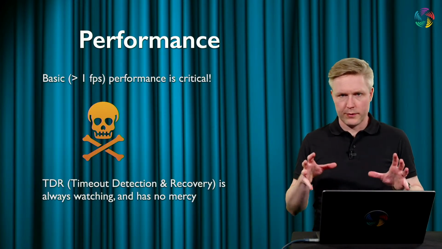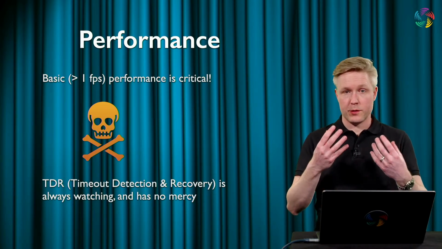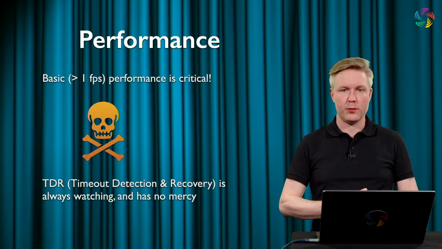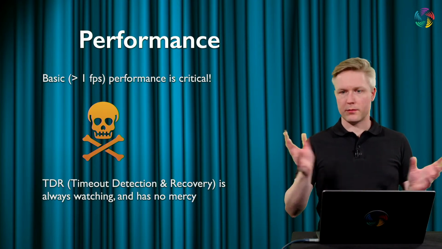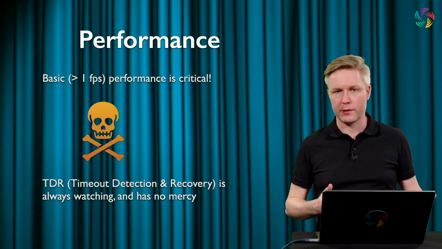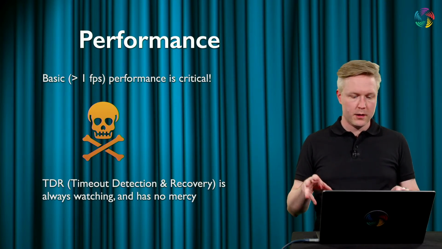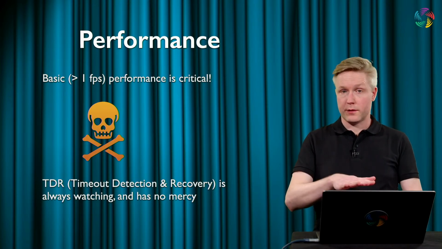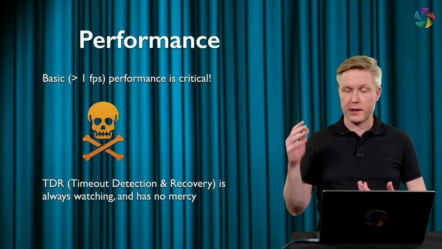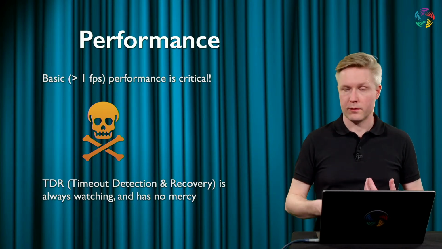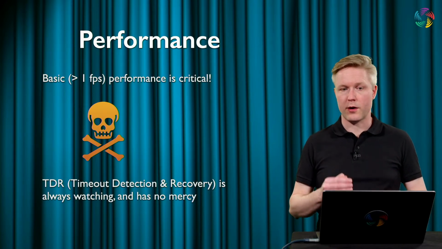Here I also want to point out that while you as a user want good frame rate, you might say, okay, if temporarily the frame rate goes down to 1 frame per second, I can live with that if it's just while I'm doing something else. But the truth is, then another problem kicks in. The operating system, Windows or Mac OS, is basically going to kick out any application that is too slow in its refresh rate. The mechanism behind this is often called TDR, timeout